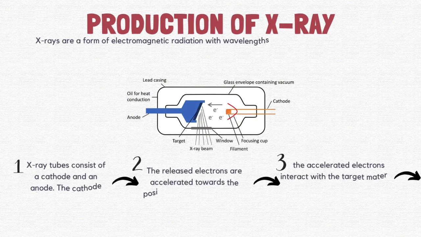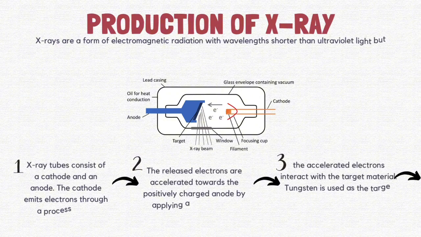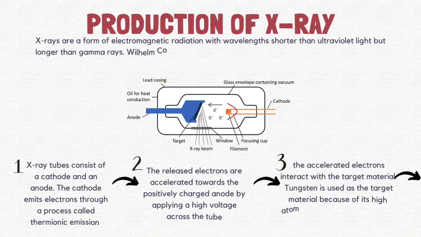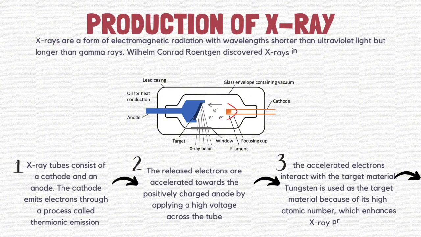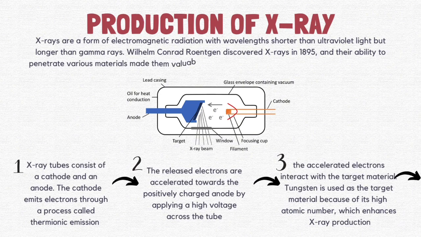For the production of X-ray, X-rays are a form of electromagnetic radiation with wavelength shorter than ultraviolet light but longer than gamma rays. Wilhelm Conrad Röntgen discovered X-rays in 1895, and their ability to penetrate various materials made them valuable in medical imaging, industry, and scientific research. The production of X-rays involves the interaction of high-energy electrons with matter, typically in an X-ray